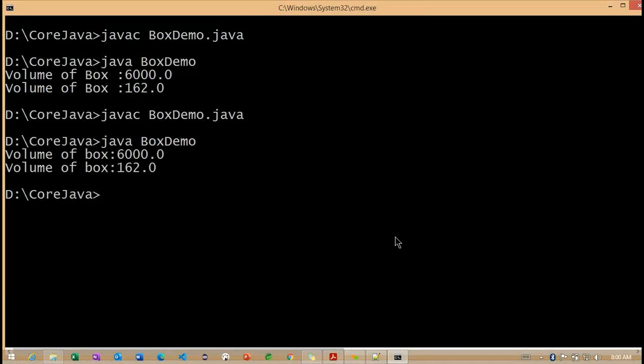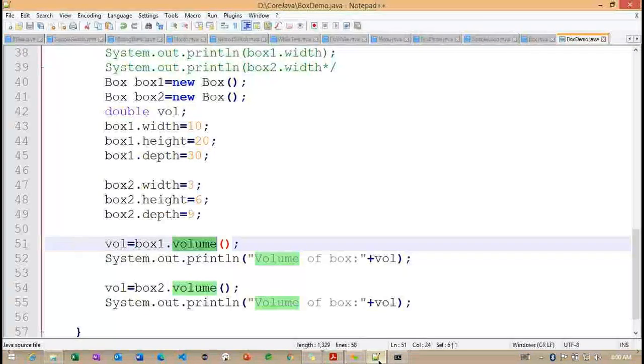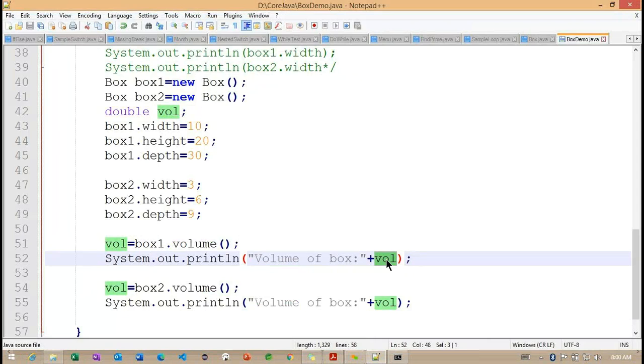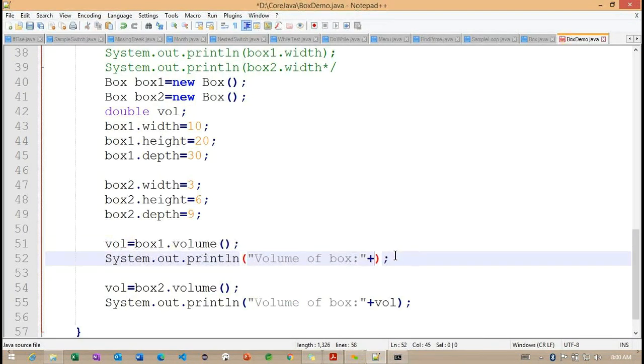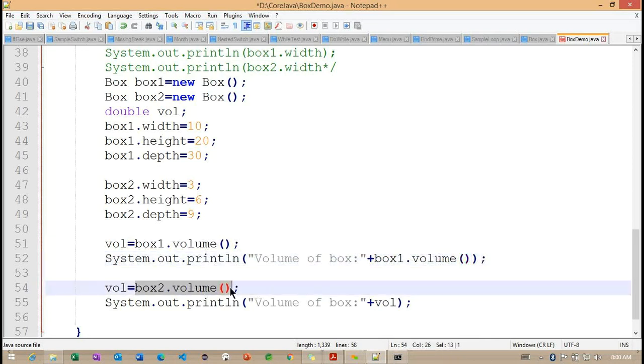So we need to understand this very carefully here. If the method is returning something, how we can access it here. If the method is not returning something, how we can handle it here. And one more thing: instead of defining a variable here, we have a different scope to understand. Directly we can add like this here.